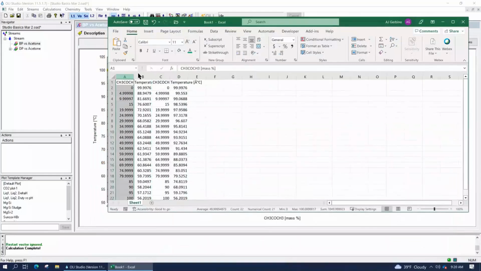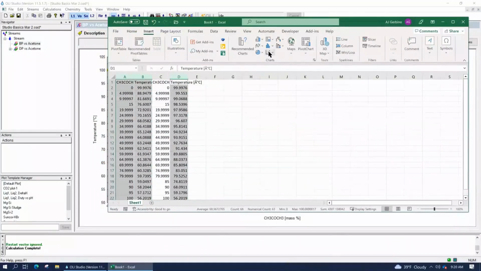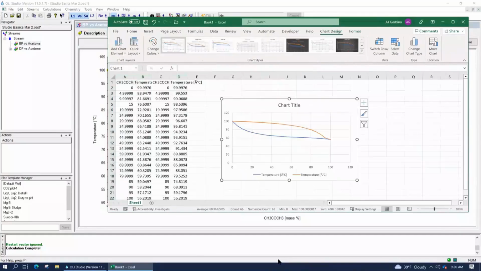But the reason I want to do it is because I then want to show you the phase diagram. Again, we don't model this thing directly inside of OLI because we don't bring the two curves together. But now you can see how you can create that diagram. So you've got all liquid here, all vapor here, and then liquid vapor in between.